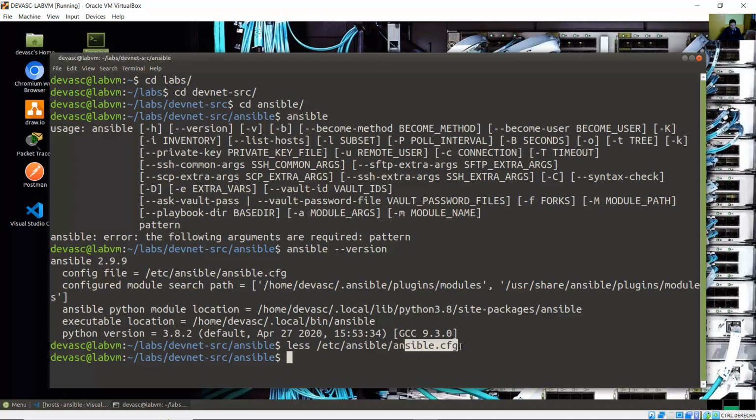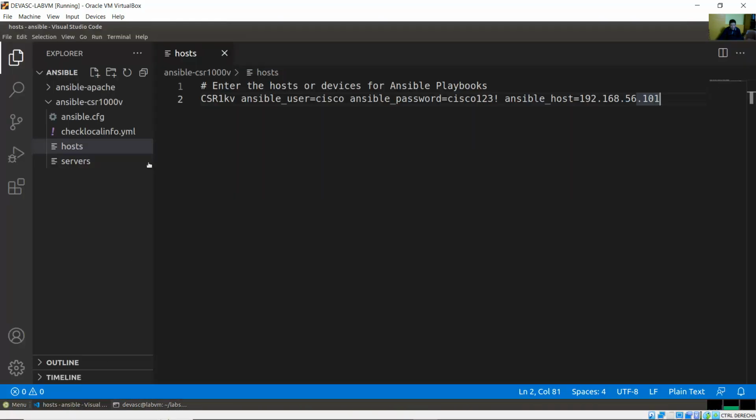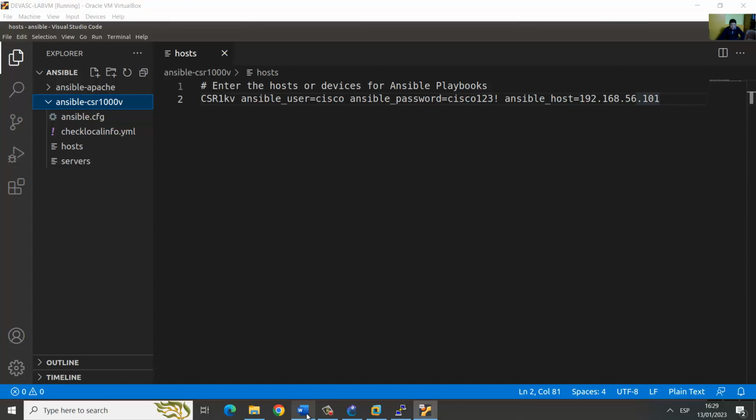Okay, this ansible.cfg configuration file is using a host file placed in this /etc/ansible directory. But the host file that we are using is placed in the ansible/csr1000b directory. Okay. Okay, and next,